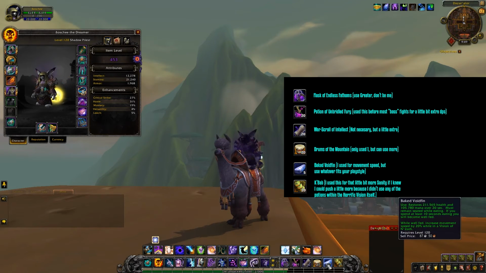Lastly, the food I used was the baked Voidfin. Now I use this because I honestly find myself jumping around and moving a lot, and so the increased movement speed was very helpful to me, especially in Stormwind, in the Mage Tower area. But I have seen people suggest using Dubious Delight, which is a reduce in crowd control by 20%,